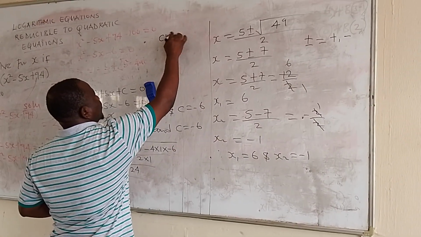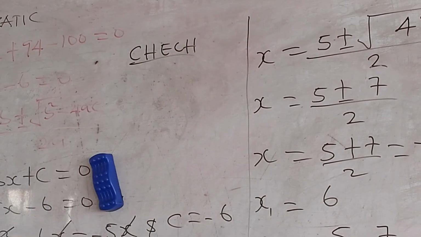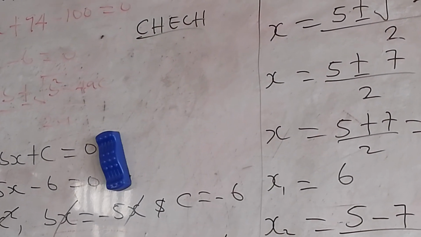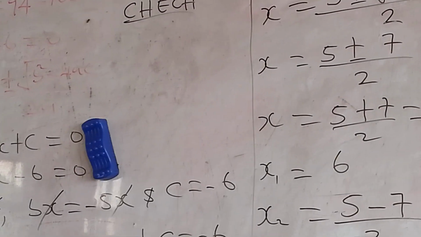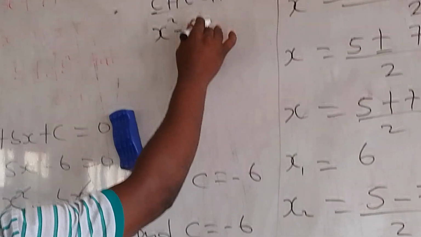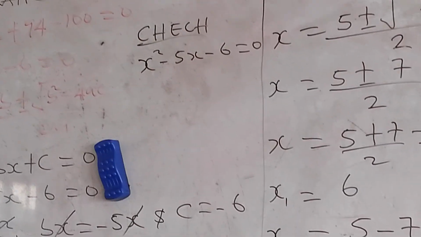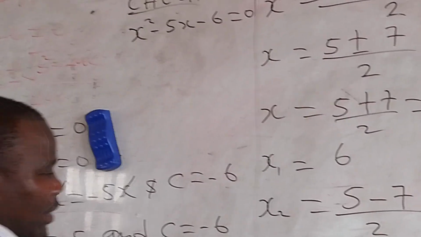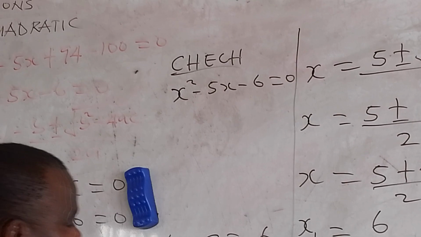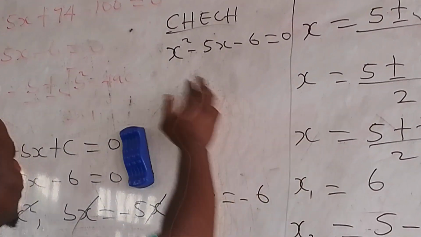Let's write down the original equation, which is what? x squared minus 5x minus 6 equals 0. We want to prove whether these answers are right or wrong. Look at it. You know that your x1 is what? 6. So you are going to substitute